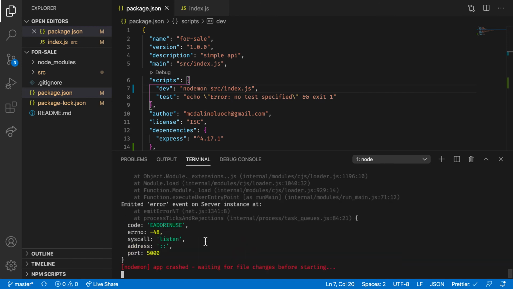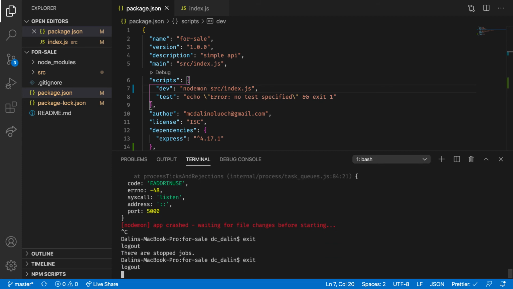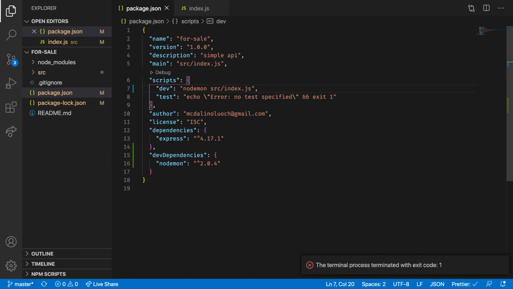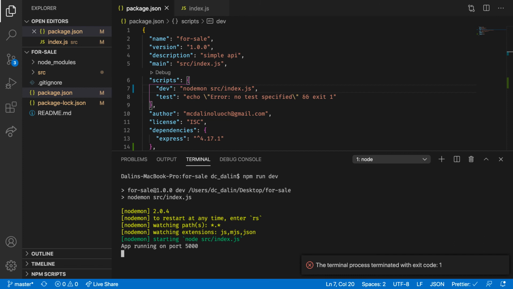You may or may not get the error that your app is running on port 5000. So I'm going to go ahead and stop the process again with Ctrl+C. I'm going to type in exit and close the terminal completely. Then I'm going to go ahead and open the terminal again with Ctrl tilde, and then I'll type in the dev command, which is npm run dev. I'll hit enter, and now we can see that we have Nodemon watching our files and that our app is